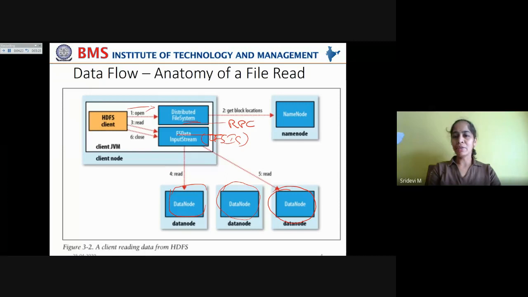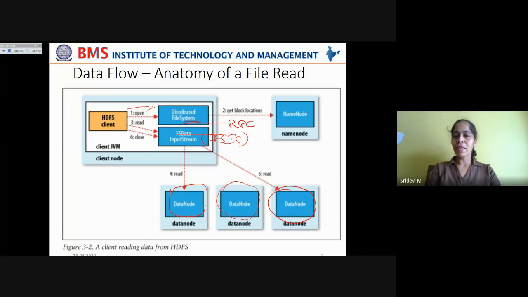Now, when all the data from these data nodes is completed, this DFS input stream at the same time sends a request to the name node to send the block addresses of the next coming blocks for that file. So the name node will communicate the block addresses for the remaining blocks in that file. And again, this DFS input stream will keep calling this read method in order to read the rest of the blocks on the data nodes available in proximity, that is near to the client.